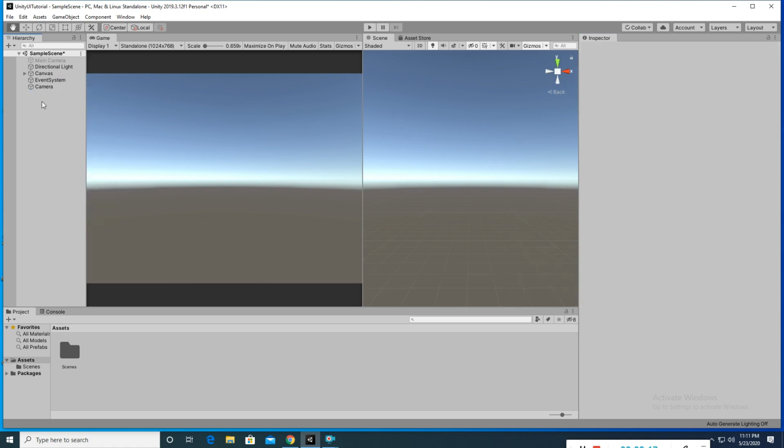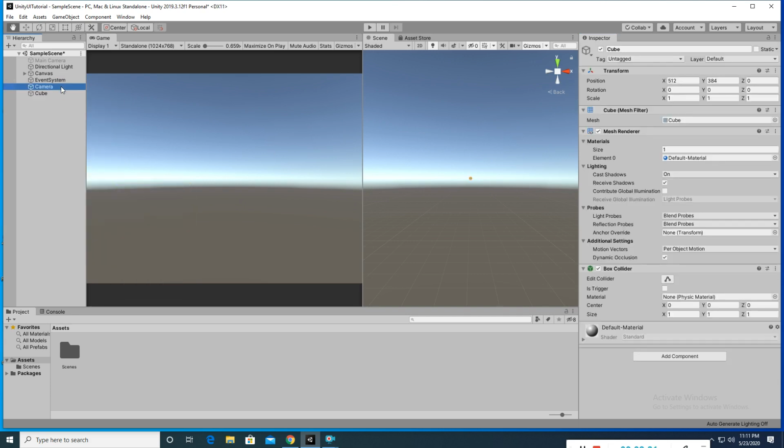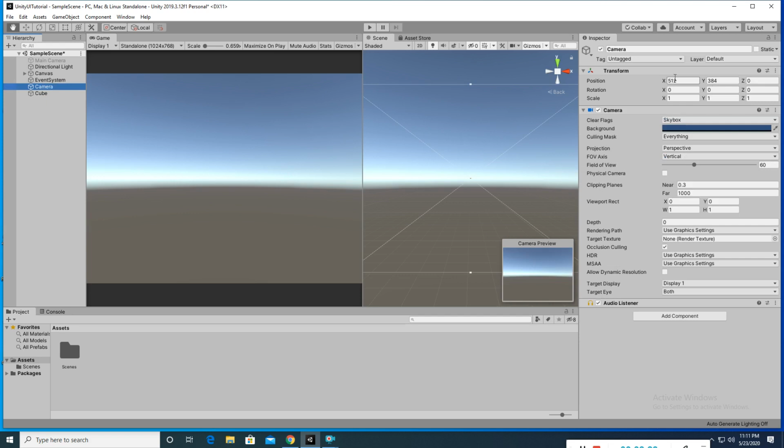Like I created a cube, you will see that the cube is in the camera.